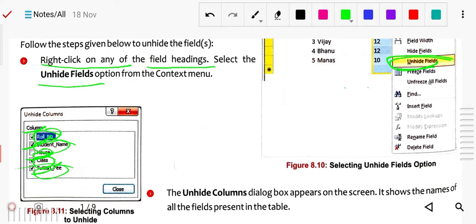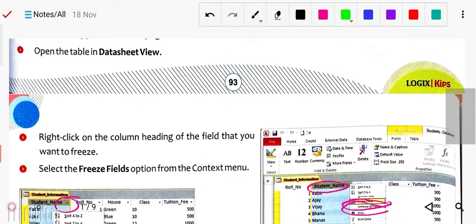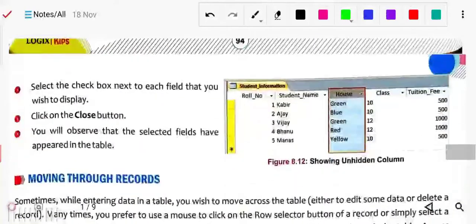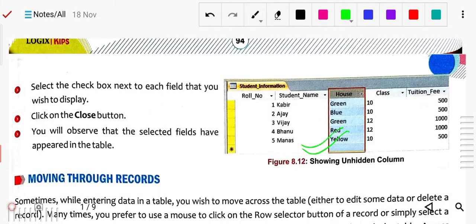We had hidden house name, so now you can unhide it, and you can see that the same is displaying here. House name has now come back. So this is for hiding and unhiding.